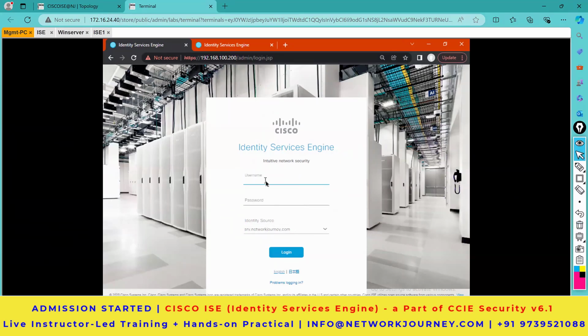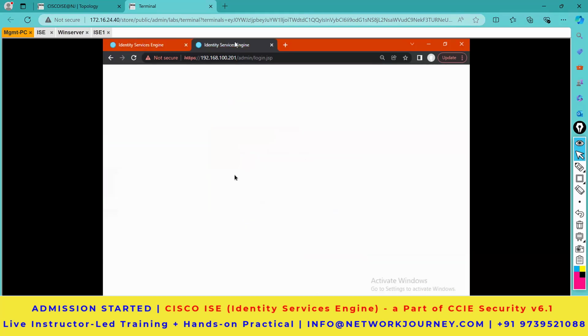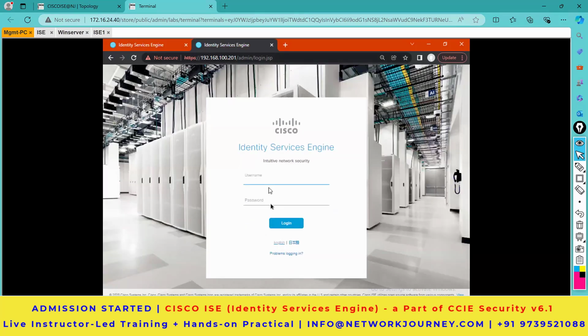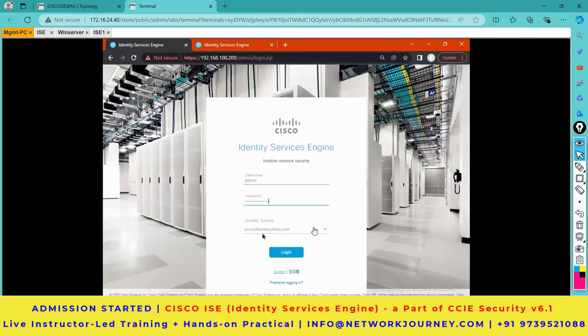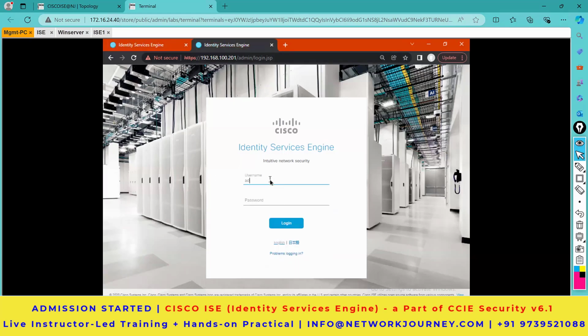But for any instance, if the AD is still not mapped or not configured the right way, then you have the other interface which I want to show you. See, this is the default behavior. Once you integrate your ISE with the AD server, then this is the behavior. You will get to see, you can select your AD server and internal. So let's say if I log into this,